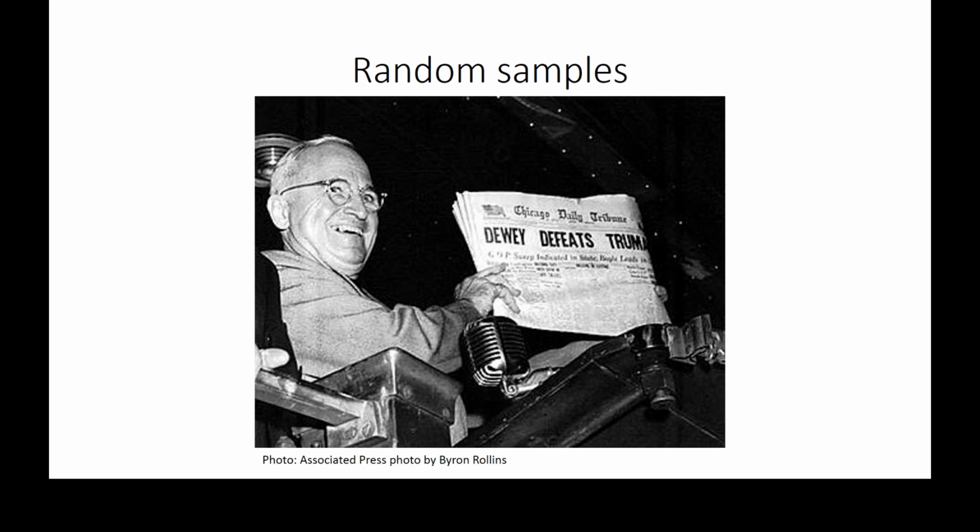For example, maybe people who were likely to vote for Truman were harder to get in touch with. Maybe they worked longer hours or lived farther away from the pollsters. So whenever the pollsters went out to ask people, a lot of the people who were going to vote for Truman were working, or they were at home far away, so they were difficult to get in touch with.